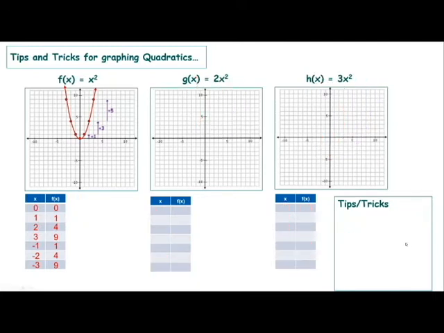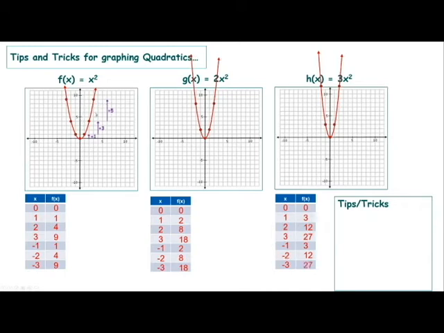Now let's take a look and see what happens if instead of adding something to the end, I change the number in front of the x squared. I'm going to do these a little faster this time because, again, our goal is not to spend time calculating. At this point in our functions unit, we should be pretty good at sticking values into the function and graphing the coordinates. Instead, what I want us to focus on is when I put those values into my table and when I graph those coordinates, what kind of patterns do I see? Because remember,